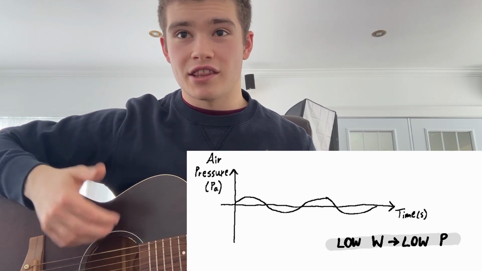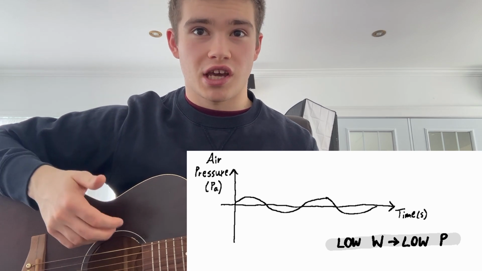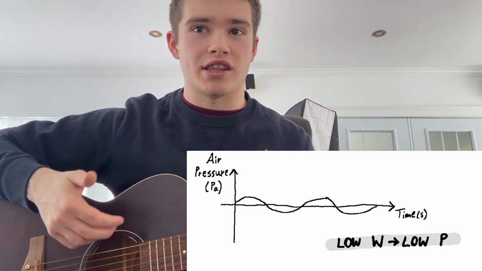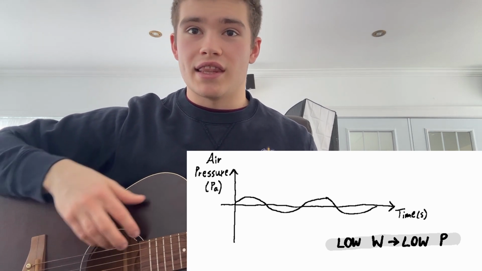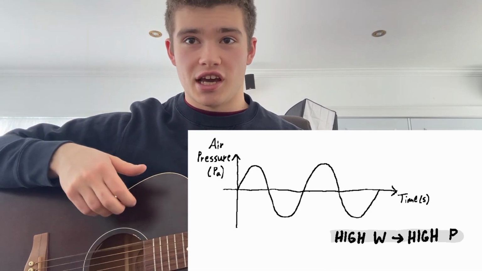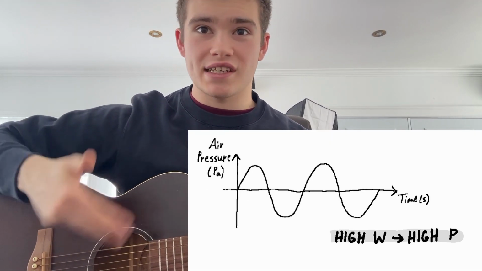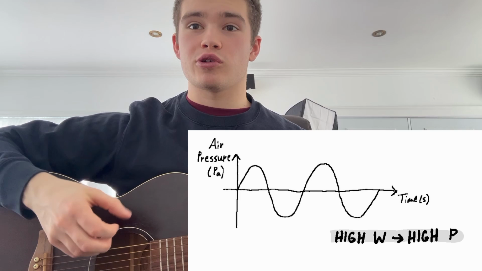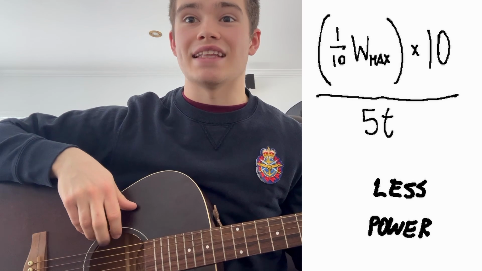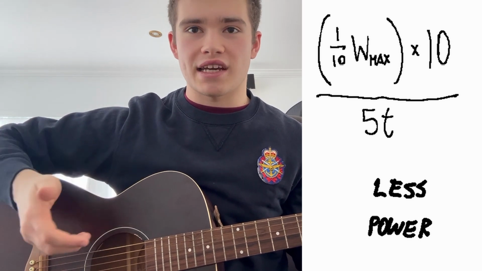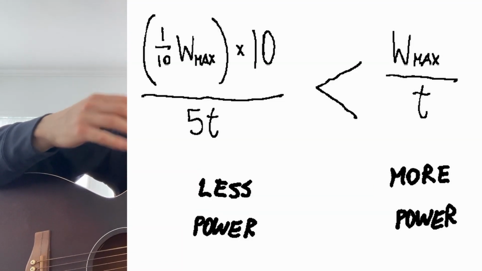If I transfer just a bit of kinetic energy to the guitar string, the variations in air pressure it will produce will not be very significant, so the sound energy and therefore sound power is low. Now if I transfer a lot more kinetic energy, the string will traverse a longer vertical distance in each oscillation, meaning more air particles are compressed for each sound wave. Finally, if I give, let's say, 1 out of 10 of my maximal plucking energy, but I do it 10 times over a period of a couple seconds, the sound power will be less significant than if I give 10 out of 10 of my maximal plucking energy once over a very short period of time.